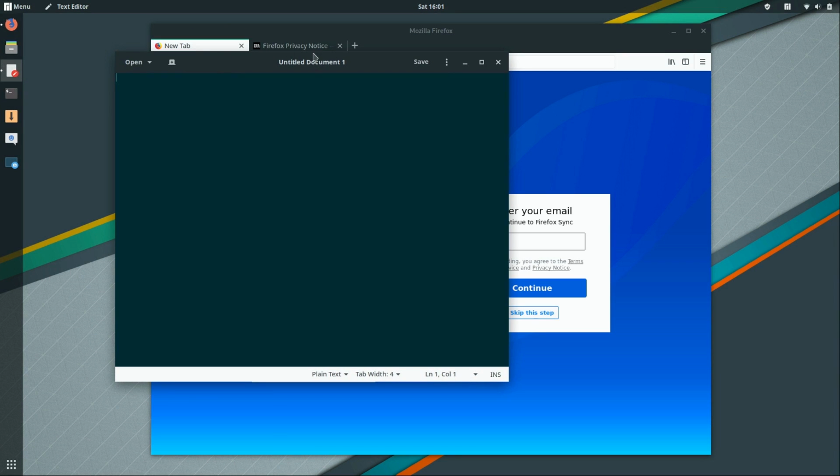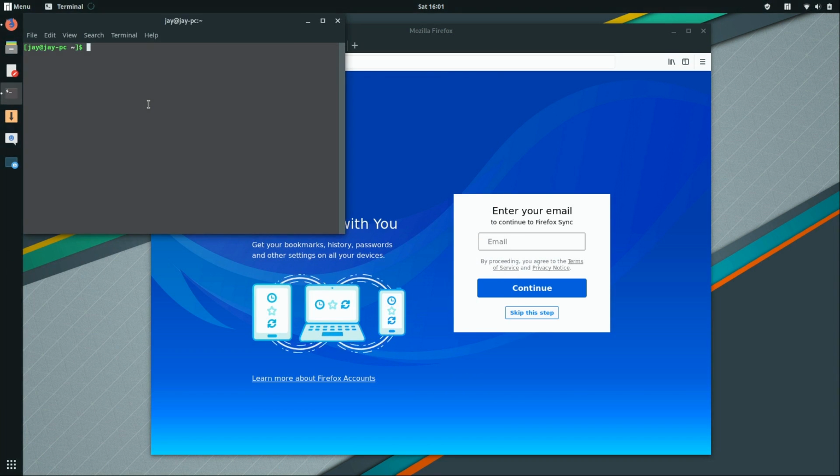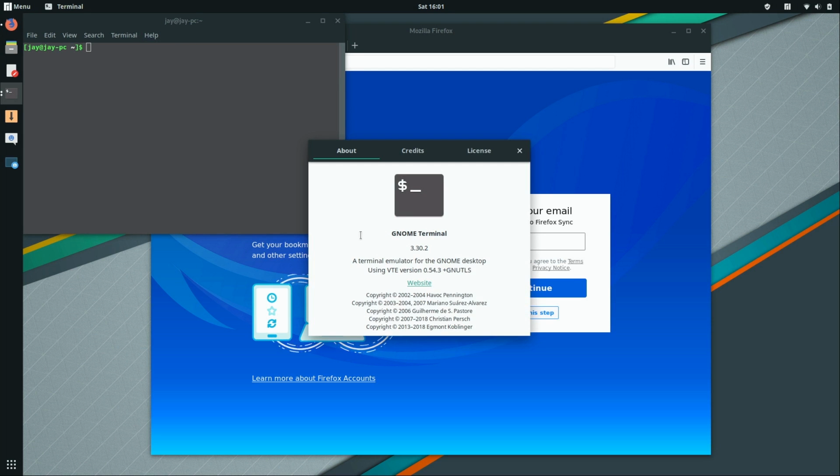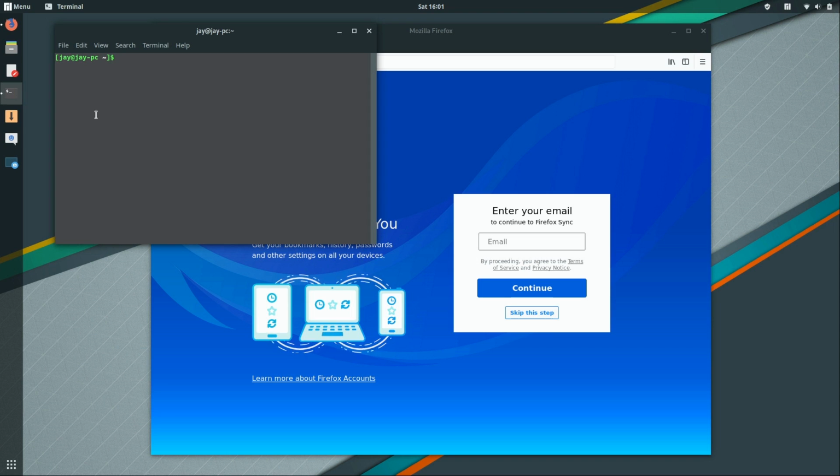This is gedit that comes with GNOME, so no surprise there. And then of course we have the GNOME terminal. You can see that's also 3.30 as the default terminal emulator. So to me this is kind of sending somewhat of a mixed message though, because Manjaro is an easy to